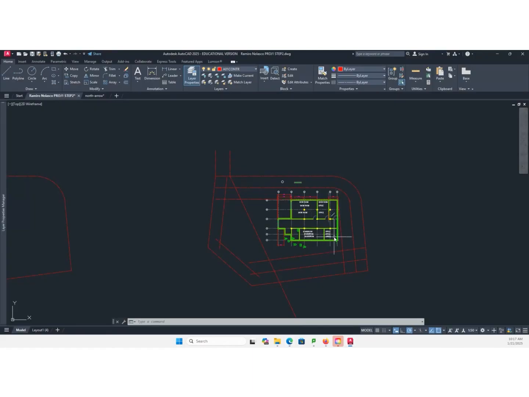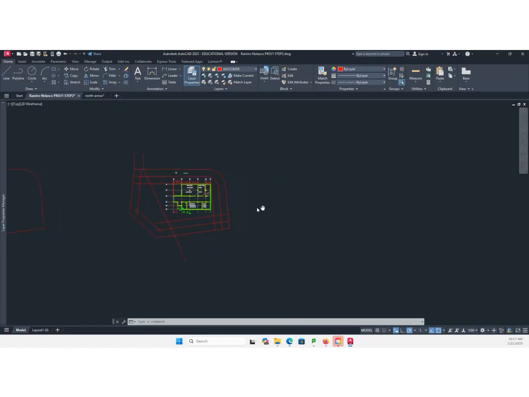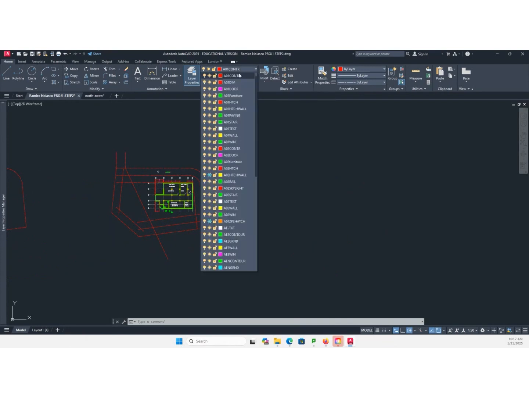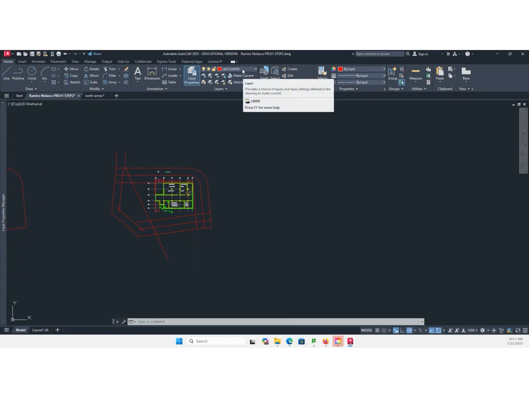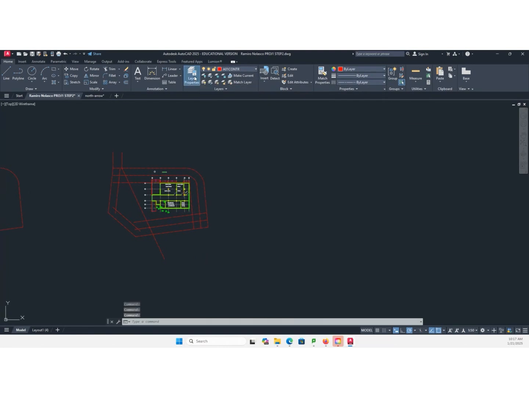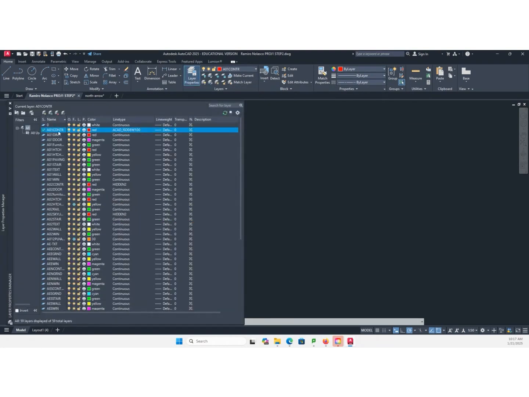Okay, so from here, we want to do the same thing. Number 1, we want to go to the contour layer. Make that current. Number 2, LA, layer.